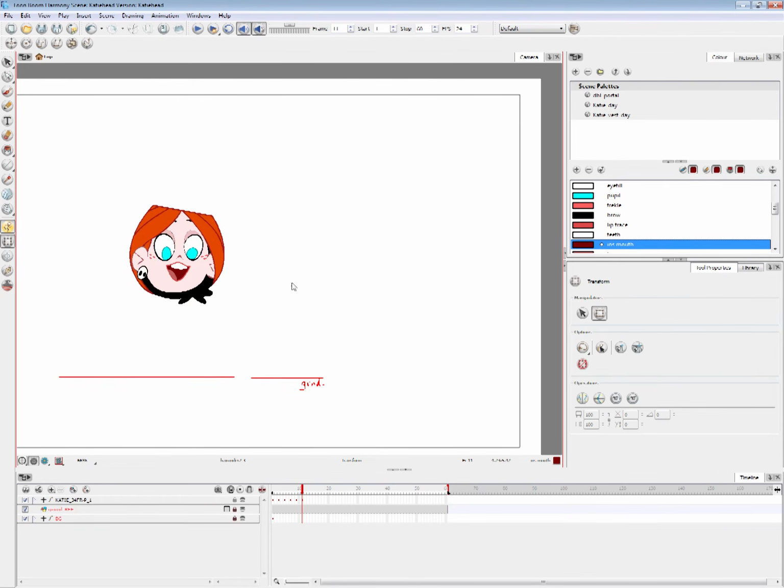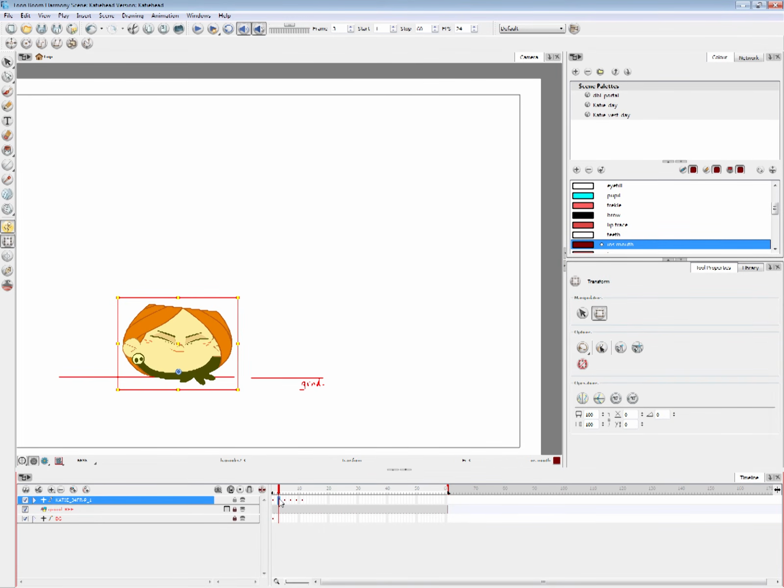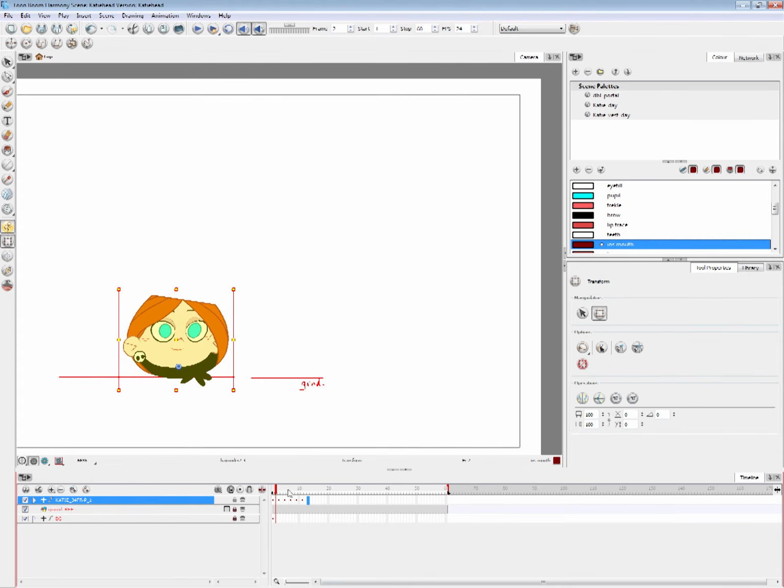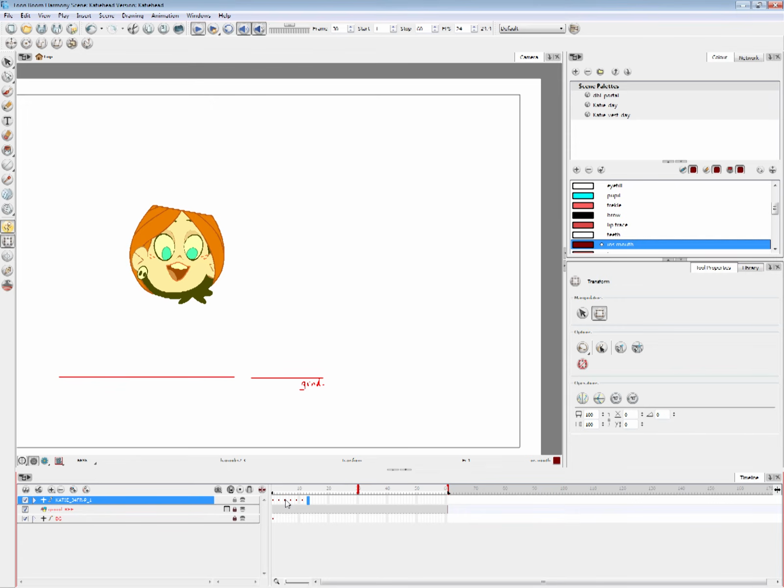Yeah. So she's coming straight down, and then repeats, I think. So shift enter to playback, and because we have nothing over here, we're just gonna play nothing until the end.